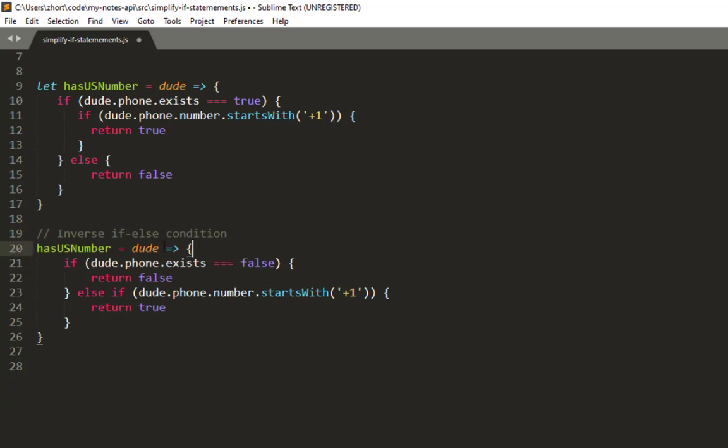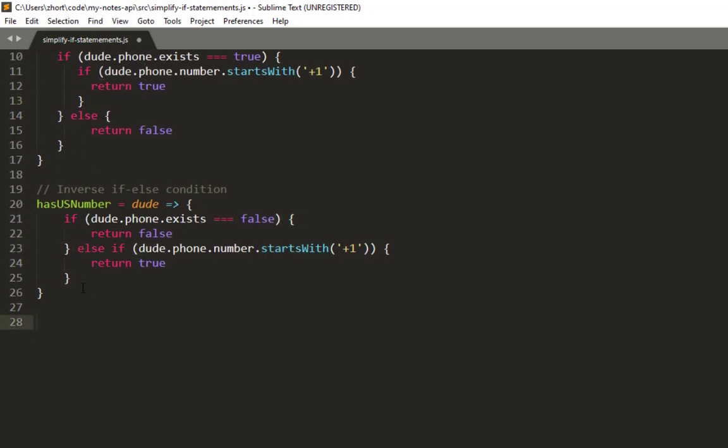So instead of saying if dude phone number exists equals true, we say it equals false, then we return false. That lets us get rid of some of the nesting. So we start here and we return this. Otherwise, we check the condition on the nested if. Another way we can do that is we can combine